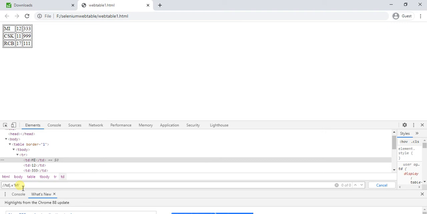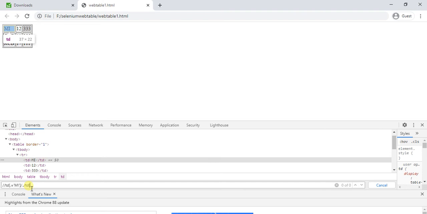Now it is showing one of one, which means this is our first element. Whatever I have done is the correct XPath. Now I will write a forward slash to go to this element. I write the XPath of that: double dot, then single forward slash td.